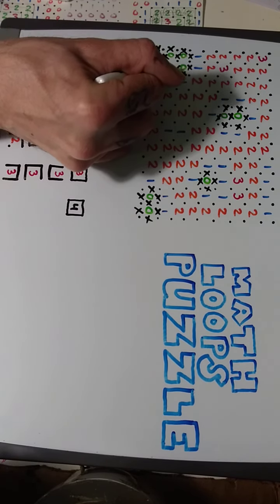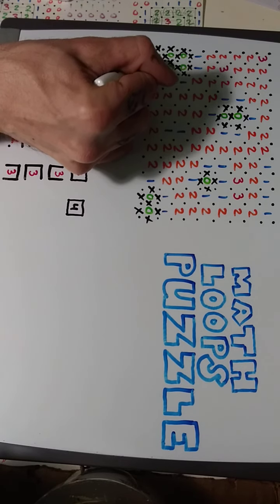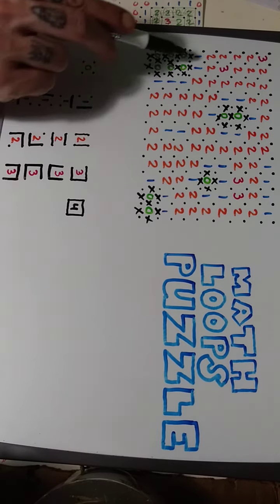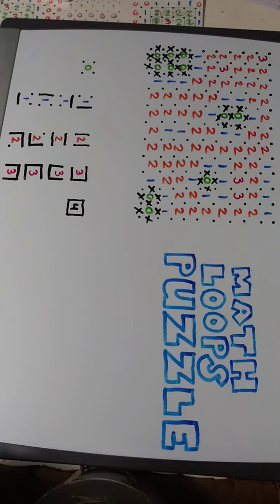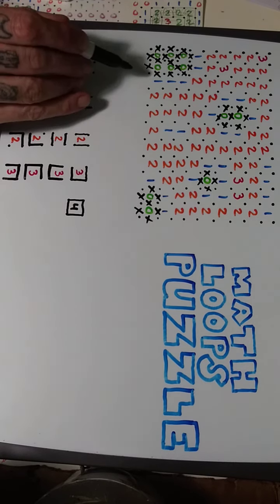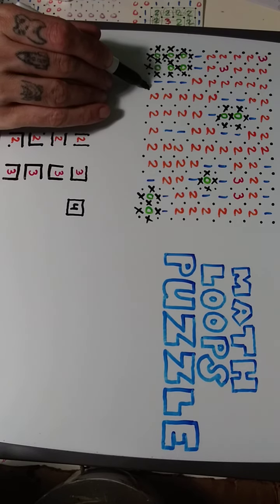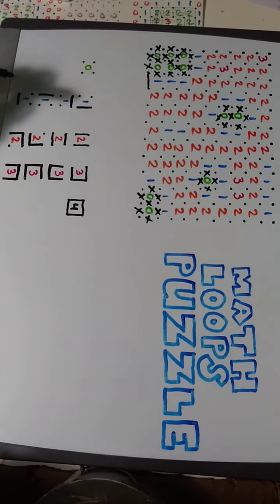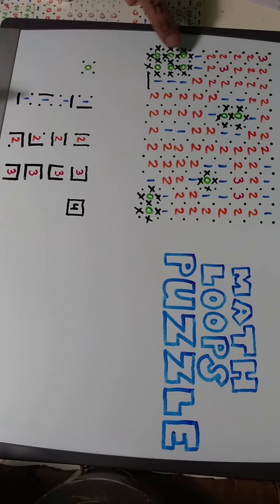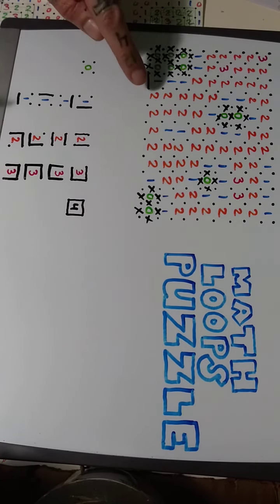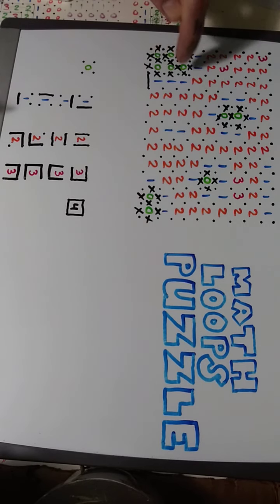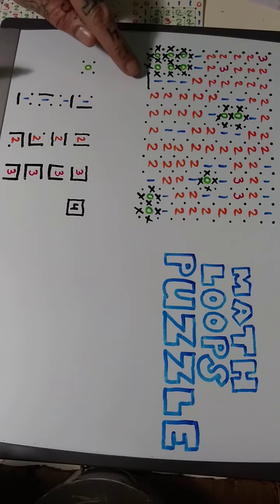So we know there's going to be no lines connecting any of those dots in there. And if we connected these 2 dots here, this end of this line would not be able to close back onto the other part of the line, creating a closed loop. So because there's an X there,